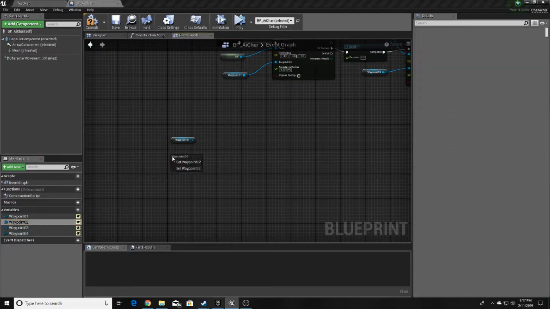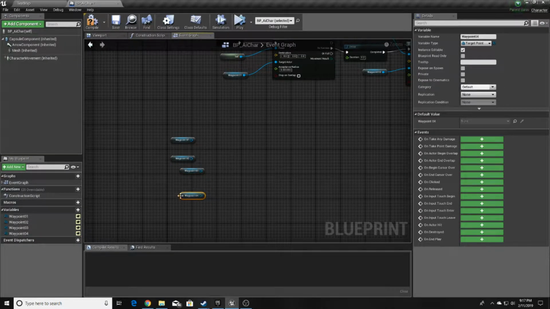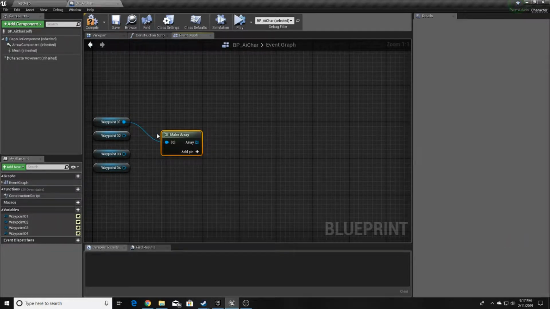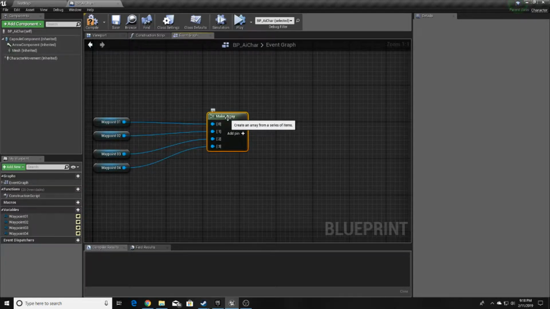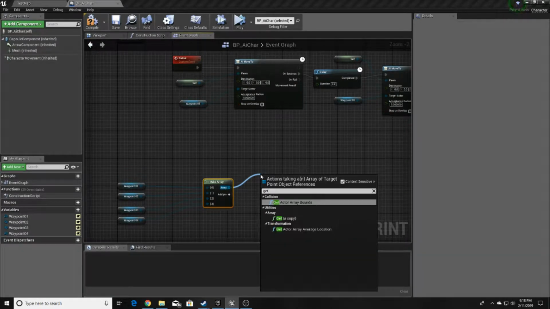So we can get our waypoint 1, waypoint 2, waypoint 3, and waypoint 4. You can line them up here. And we can make array. And that will create this node here, which we can add to by clicking the plus and then attach all of these. We've created an array, and now out of this array we want to get